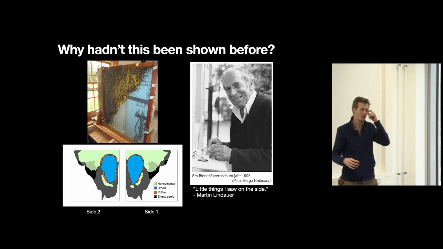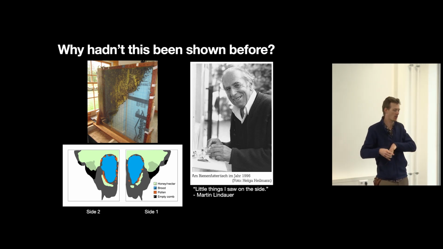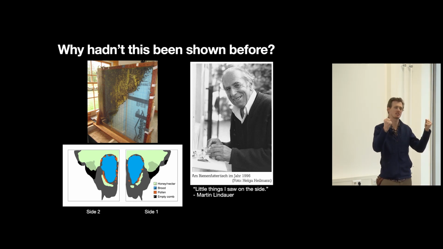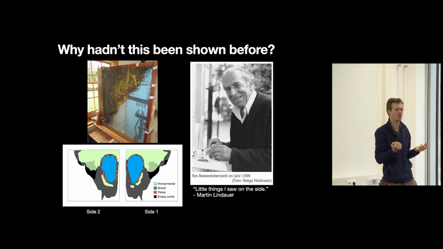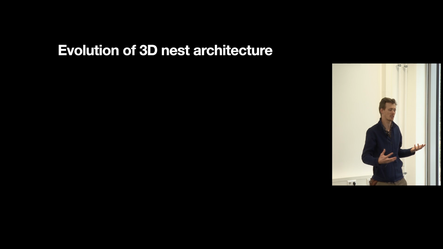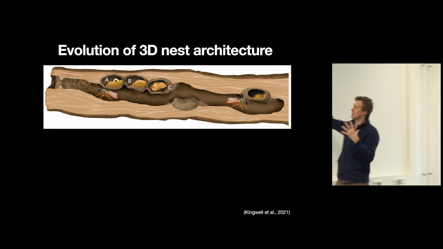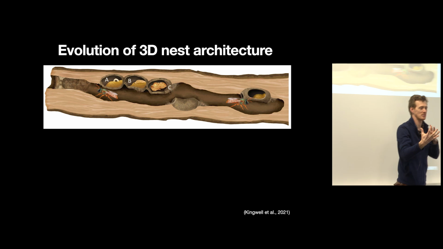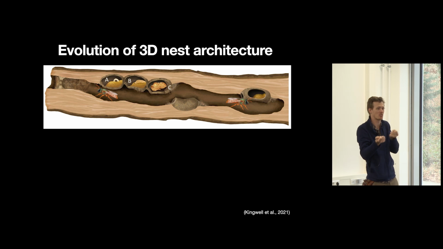This really reminds me of Martin Lindauer and his work, and how he said that the coolest things he ever noticed were the little things that he saw on the side. I think that was a nice callback to German bee science, where the most interesting things you're going to discover in your scientific career are not necessarily the things you're trying to find, they're the other things. But what does this tell us about the evolution of three-dimensional nest architecture broadly? If you were to think of some prototypical bee that builds its nest, you could think of Megaloptogenalis. Maybe they have some kind of material savings by stacking these together, but then maybe there's also some benefit if they're doing some basic thermoregulation.